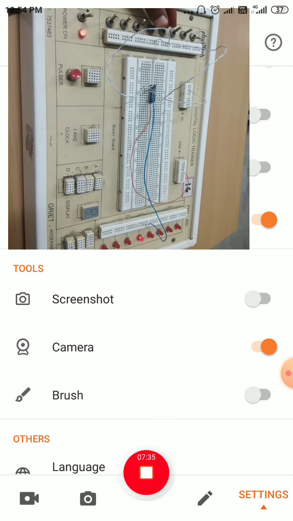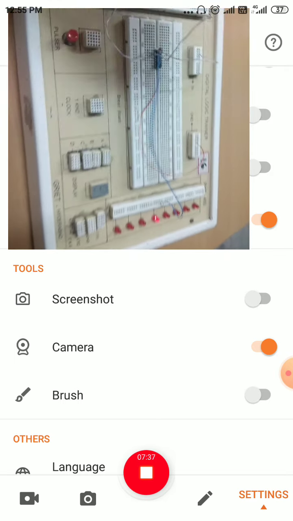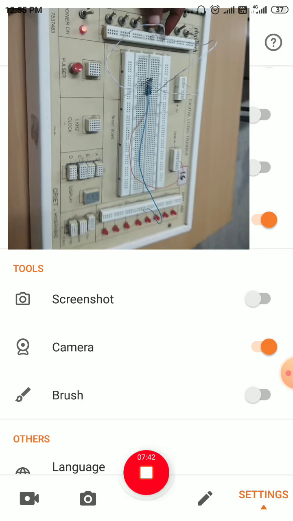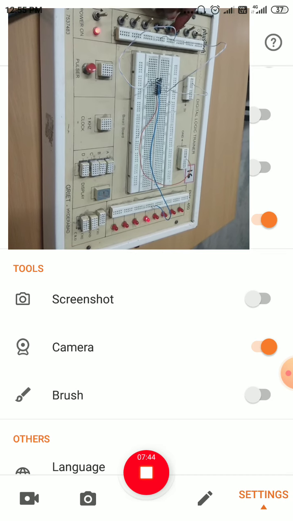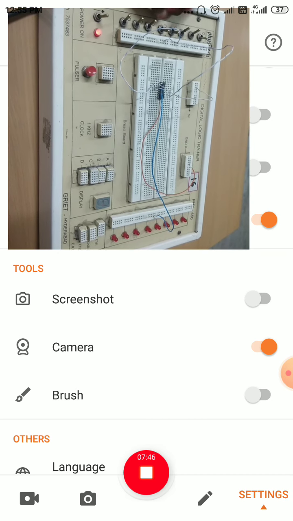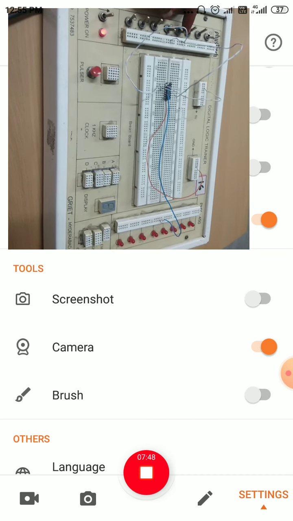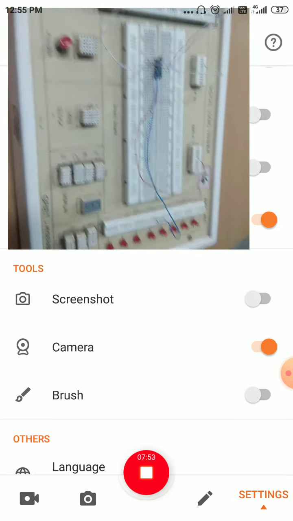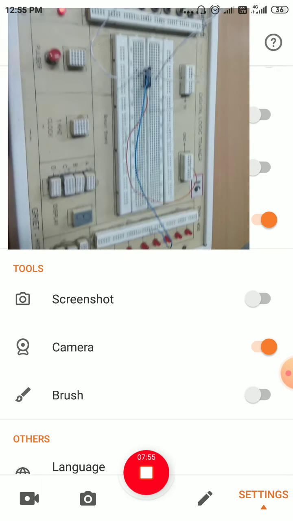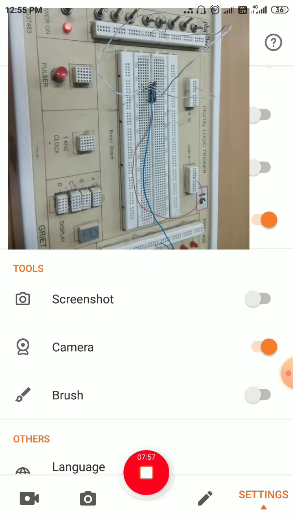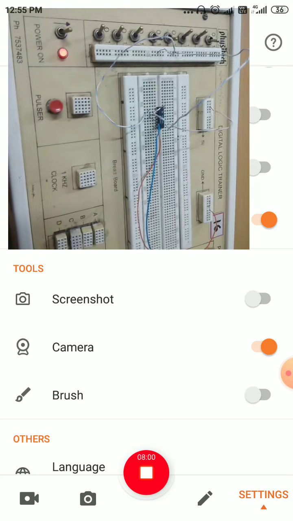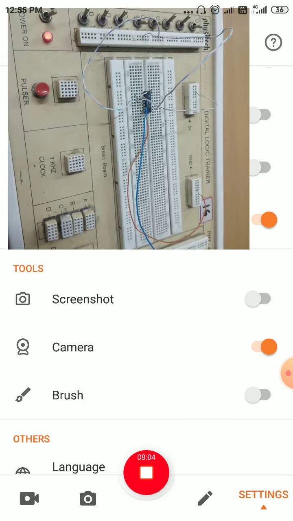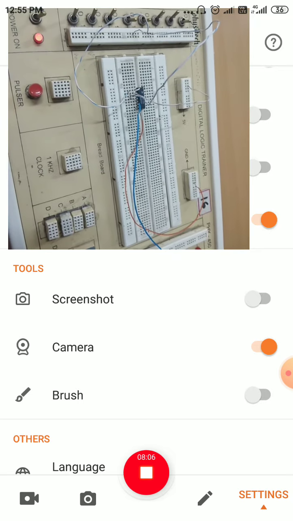In the truth table we are verifying: 0 0 gives 1, 0 1 also gives 1, 1 0 also gives 1, and 1 1, where both inputs are high, the output is low. So we have verified the truth table of NAND, and it is completed. This is the way you have to complete all the remaining gates also. It is very easy with the help of the pin diagram.